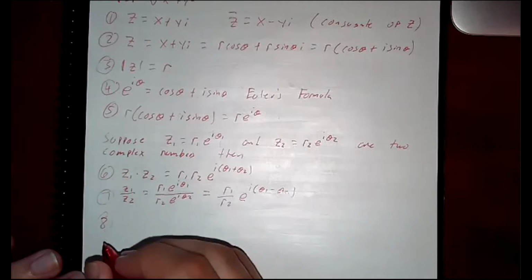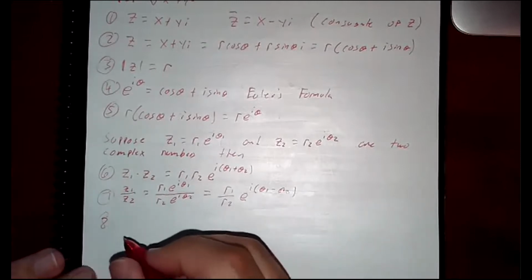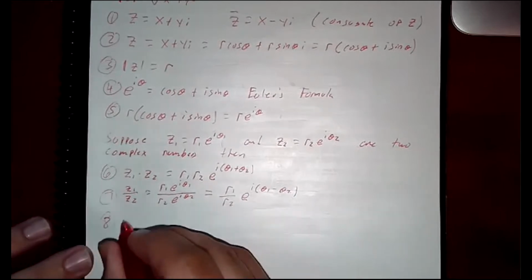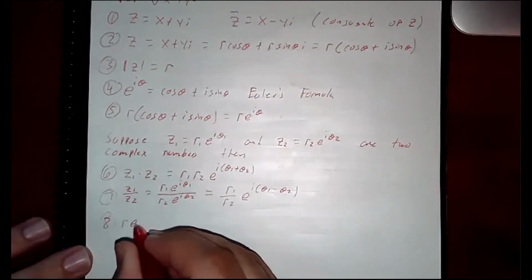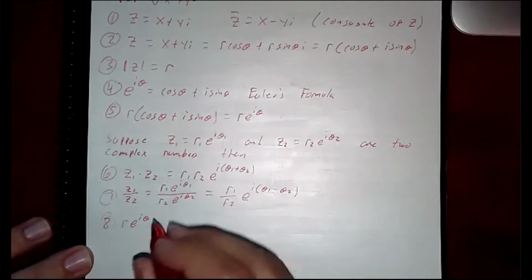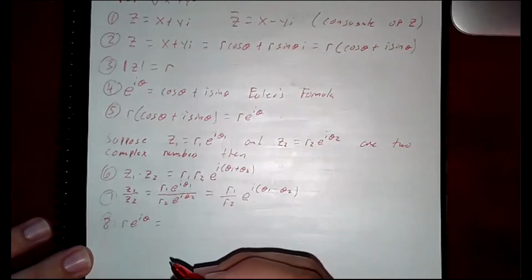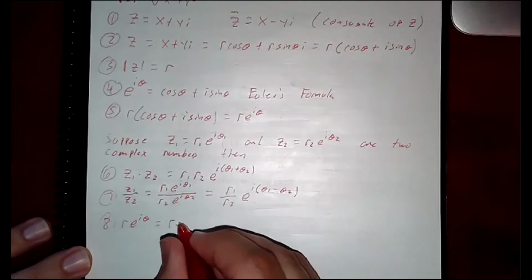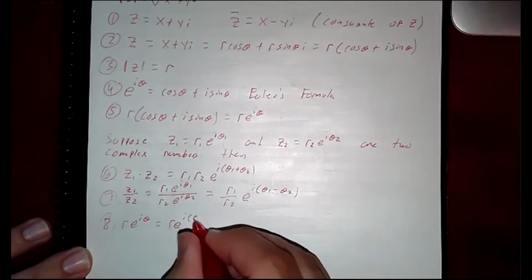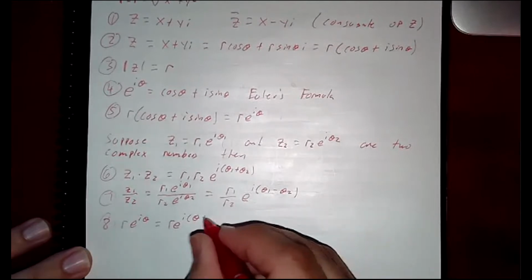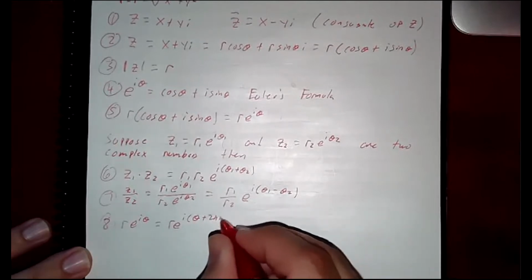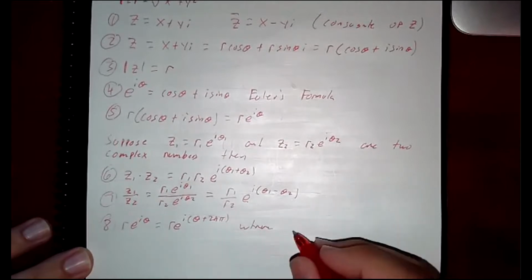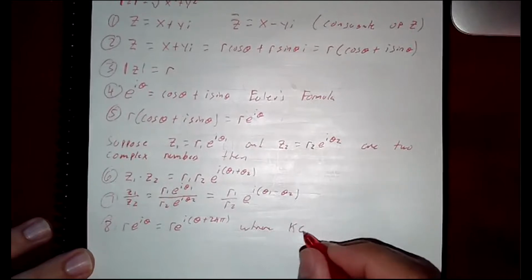Number 8. I'm trying to give you all the formulas up front, that way you can just find them easily. r times e to the i theta is equal to r times e to the i times theta plus 2k pi, where k